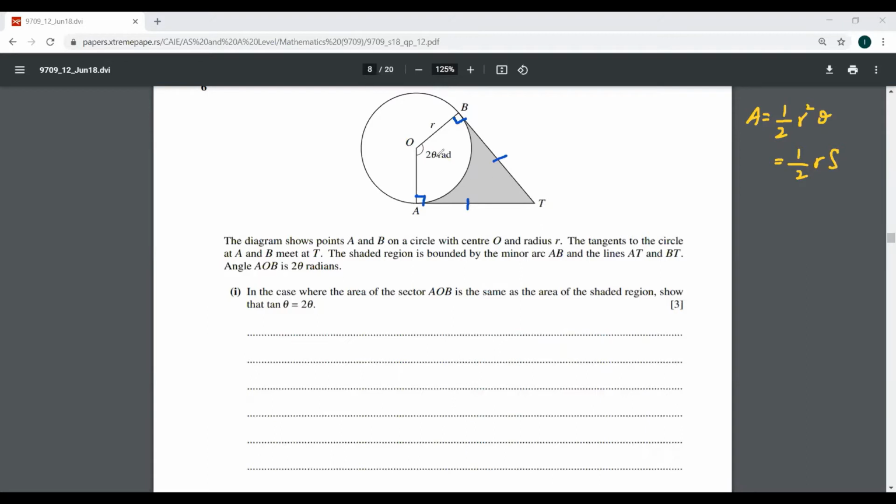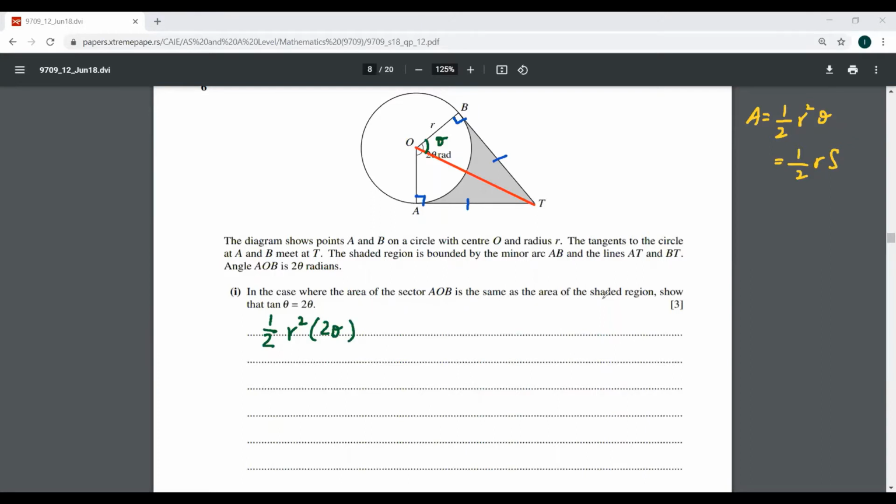Okay, so for that I'll have to divide this into two parts, people. Let me draw a line from here to this. Now I can easily find the area of the triangle, and then I can double it to determine the area of the whole of this kite shape. Actually, this is going to be theta over here. Okay, it says in the case of the area of the sector AOB, that is going to be half into r square into 2 theta